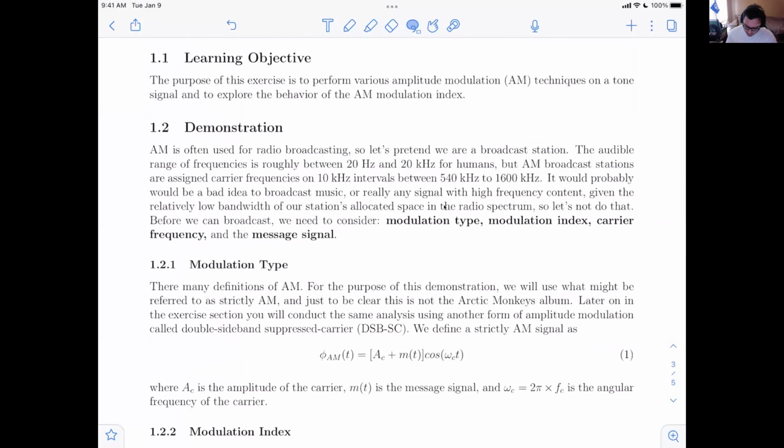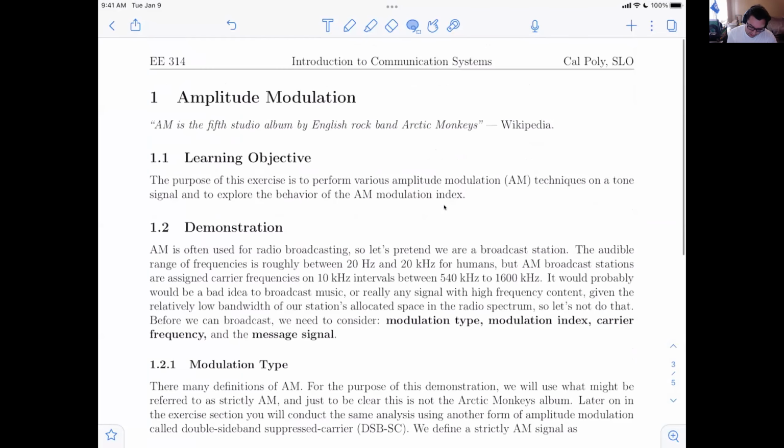And let's break down this assignment. So kick things off with the quote, AM, which is the abbreviation for amplitude modulation. So AM is the 5th studio album by English rock band Arctic Monkeys, according to Wikipedia. And I think this is a good quote because amplitude modulation